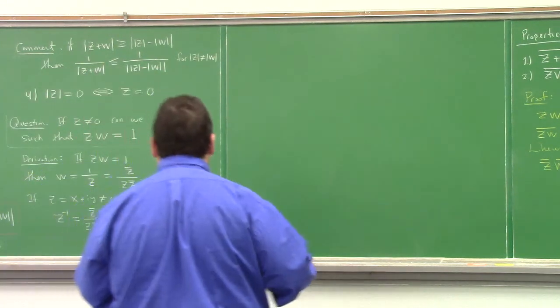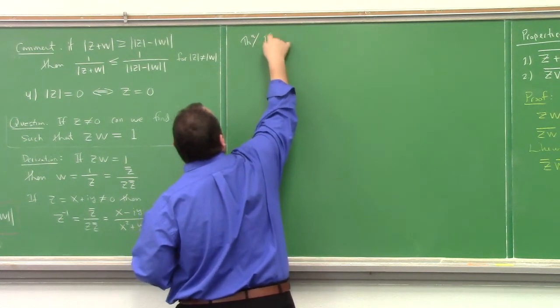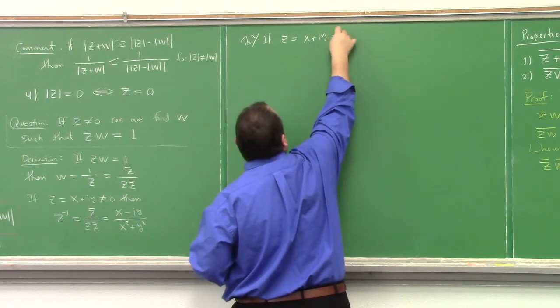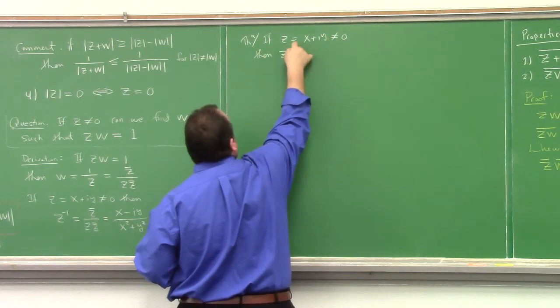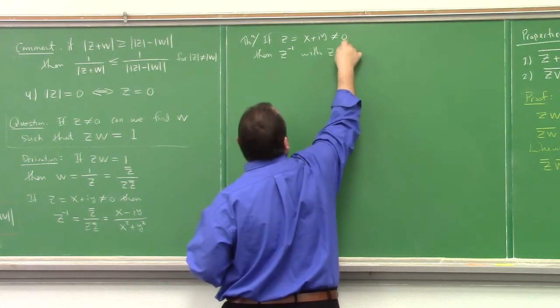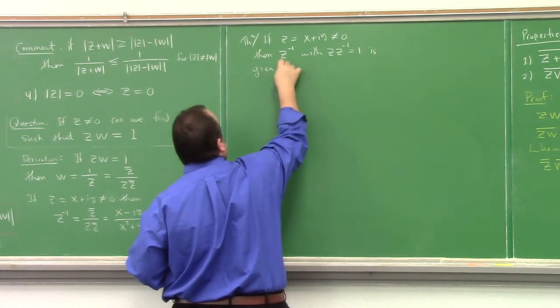So here's my theorem. If z is equal to x plus iy, which is not equal to 0, then z inverse, with z times z inverse equal to 1, is given by